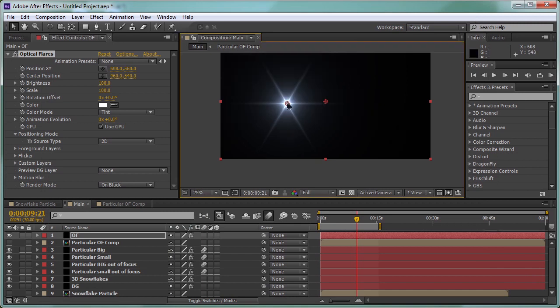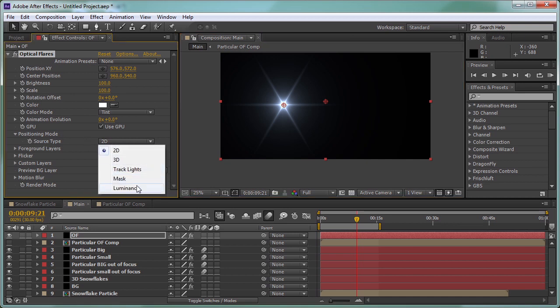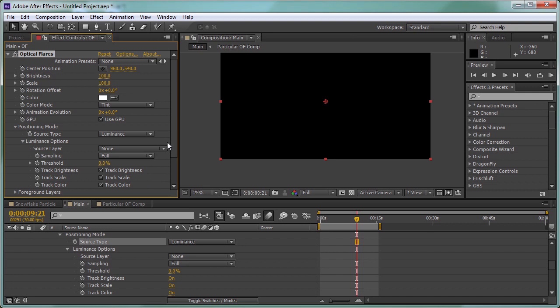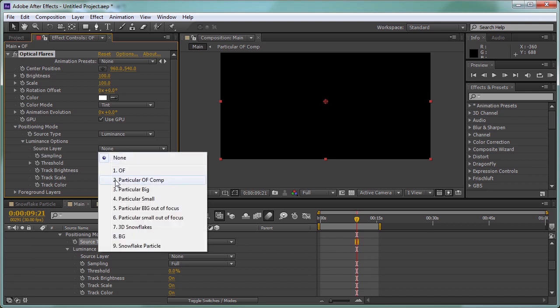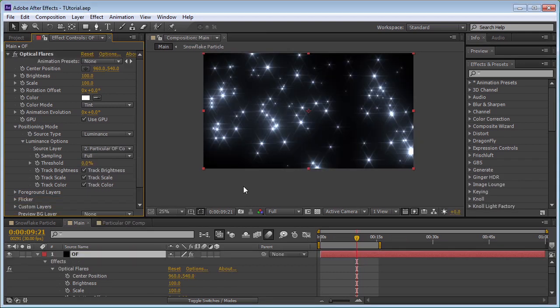And if we click OK, this is our custom lens flare that we just built, and we need to go to the positioning mode and change it to luminance, and for the source layer we need to change to particular optical flares comp. This is how it looks like when we use the particles to create lens flares, and I